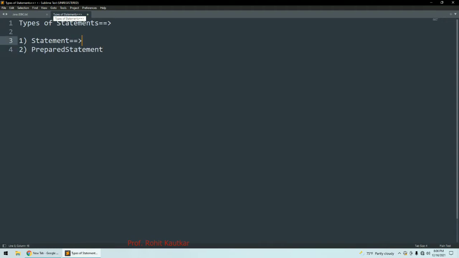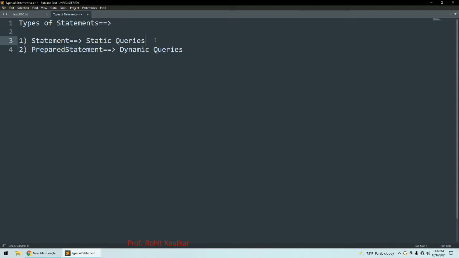Whenever you are executing static queries, then you try to use the statement interface, and whenever you want to execute dynamic queries, then you try to execute them with the prepared statement interface.